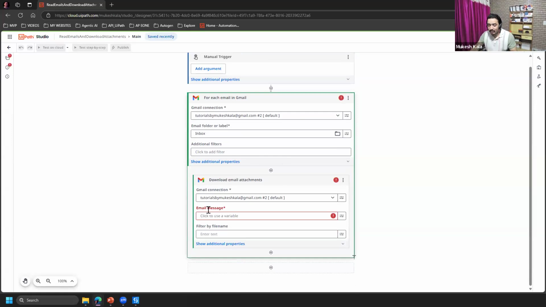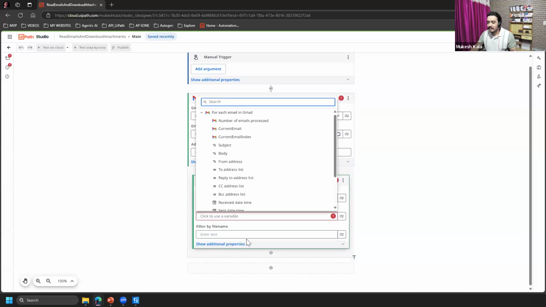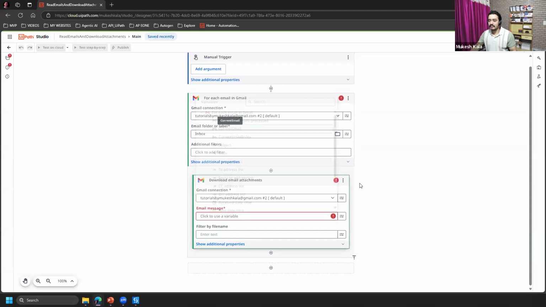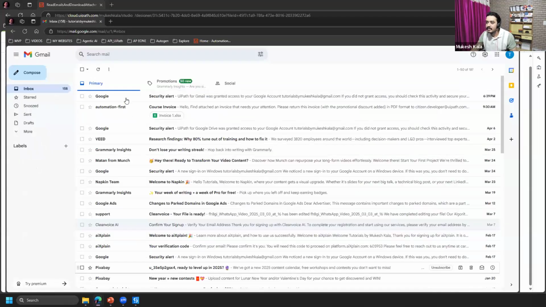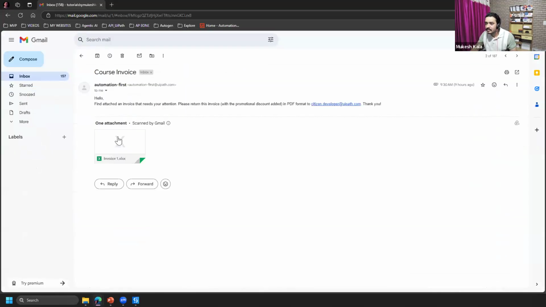Now from here, download the email attachment, right? That's what we told. And then here is the email message. Which email message? So I say that current email. Download the email attachment from the current email. And in my mailbox, I think this second email is having some attachment, right? Automation first is having some invoice. Okay. It's from UiPath,